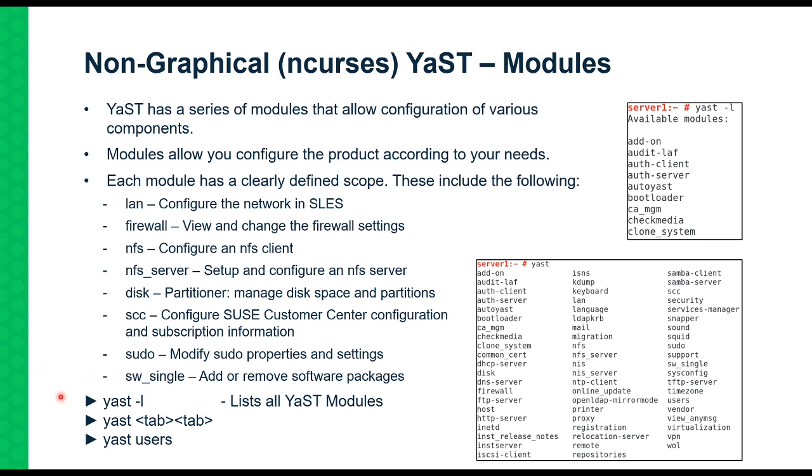To be able to see what modules are available within YaST from the command line, we use the yast space -l command. And this will list all our available modules. Here's an example thereof. Please take note that I've done this as the root user. Then you can also list it by typing yast, then tab. And then it will quickly list all the modules in a much easier way to read. And then you can select the correct module by typing it out and pressing enter,